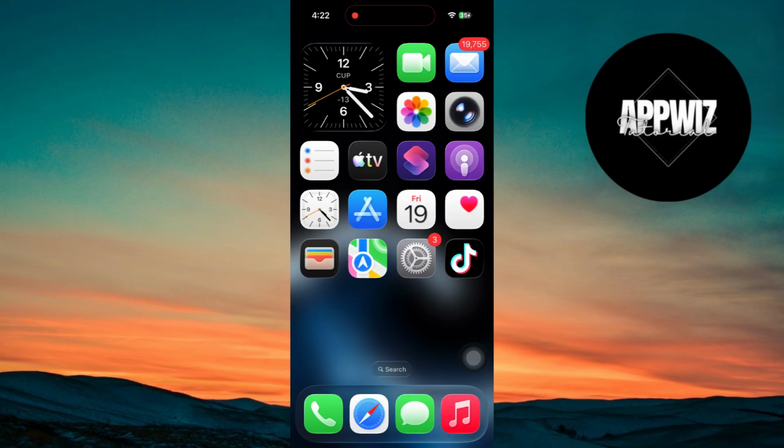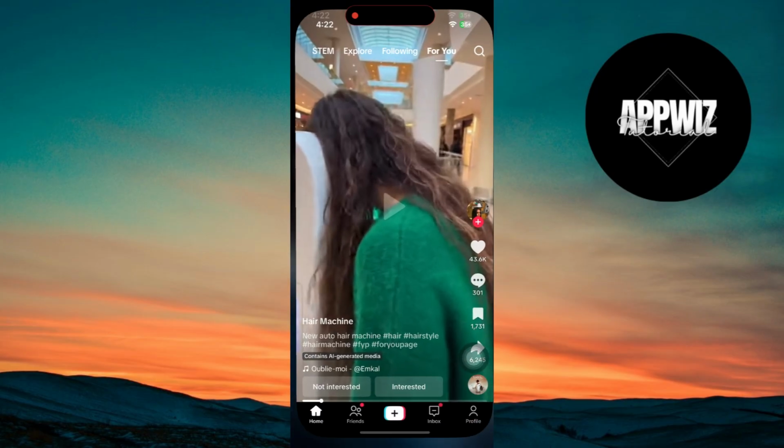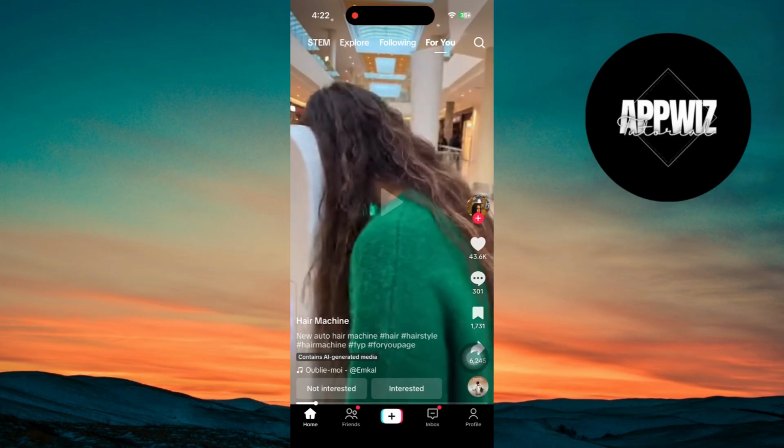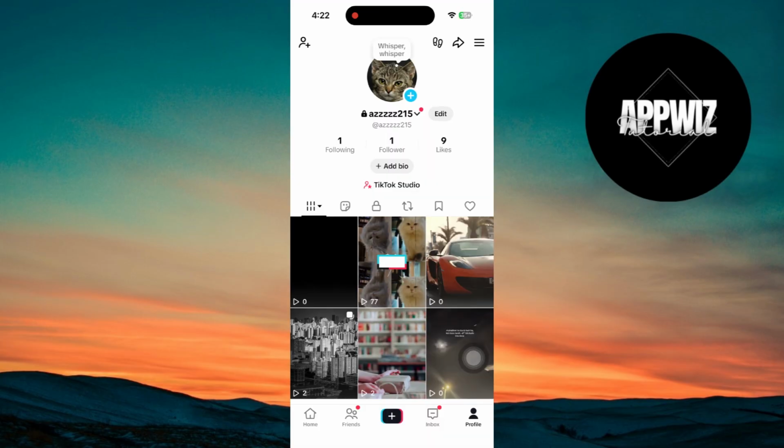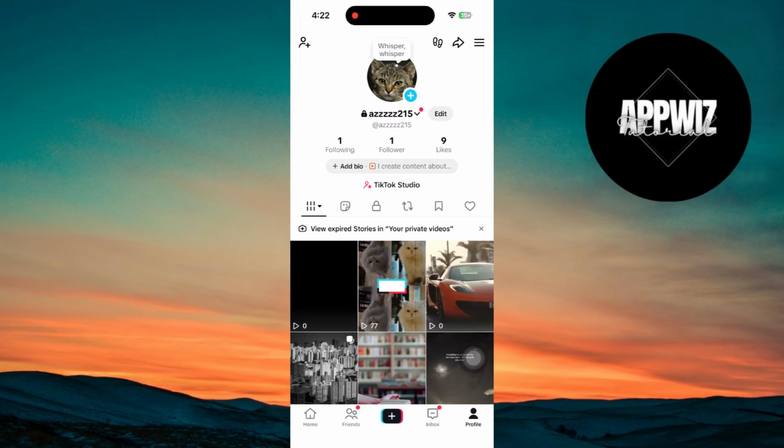Let's get started. So let's start by opening the TikTok app on your iPhone or Android device. The steps are exactly the same on both. Once the app is open, tap on your profile icon at the bottom right to go to your TikTok profile page. In the past, the only way to hide your following list was to make your entire account private, but